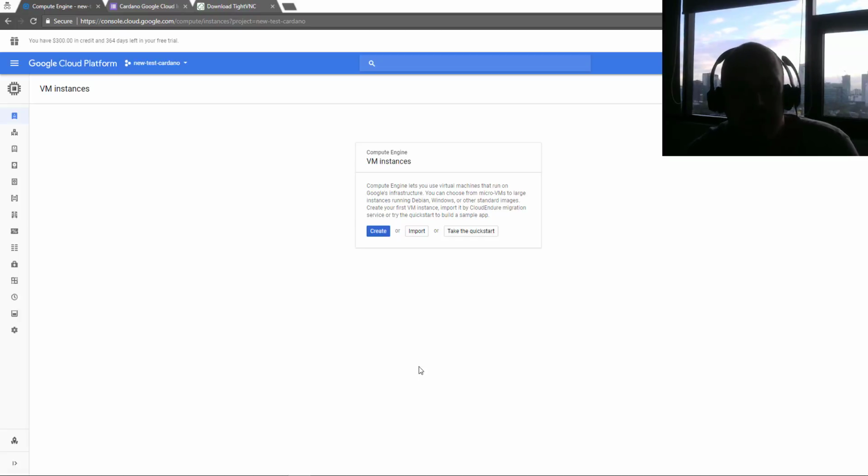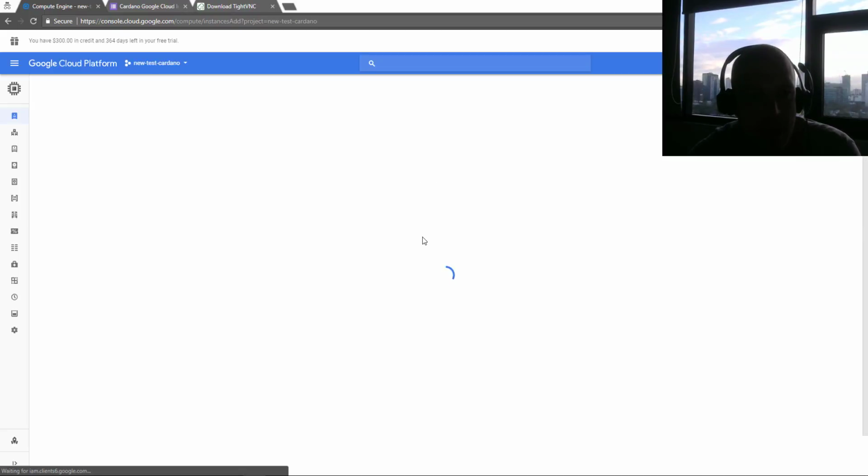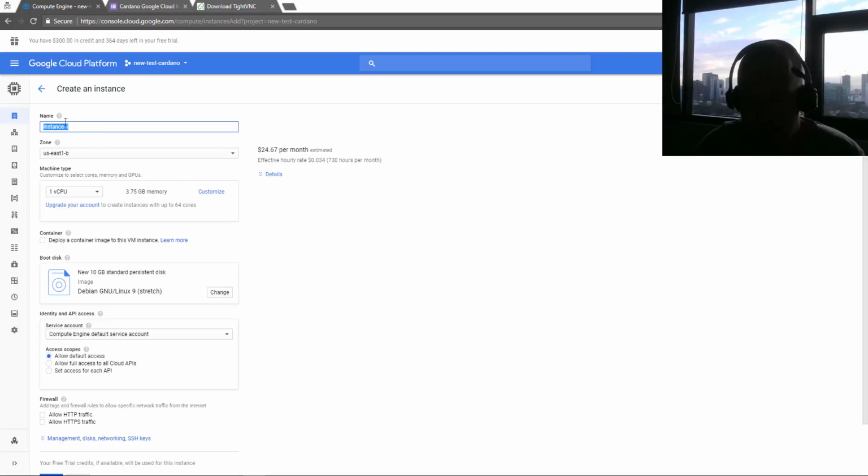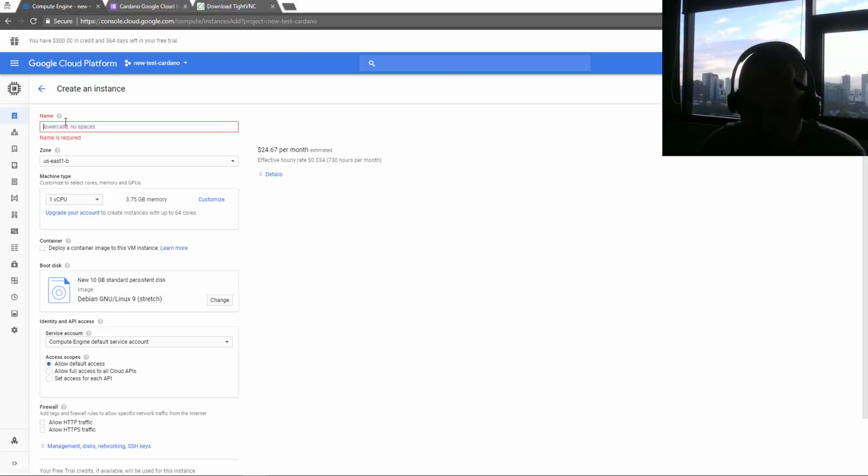Okay, so this is done. It took a couple of minutes. Now that it's set up, we can actually create our first VM instance. So pressing create, and then this will load in the builder. Give it a good name. Again, it's up to you what you want to call it. So I'll call this